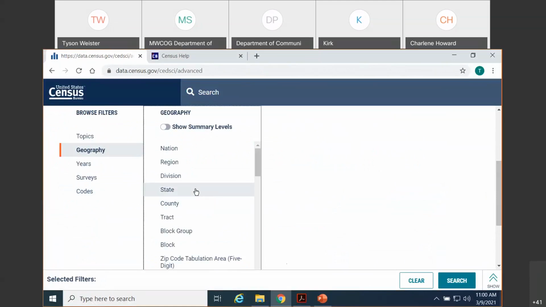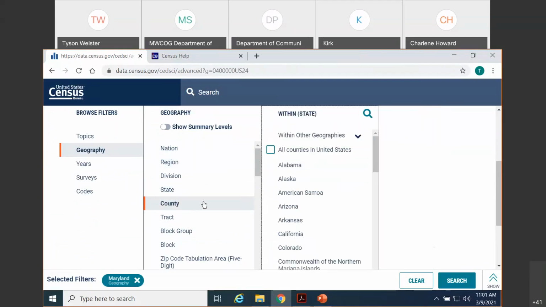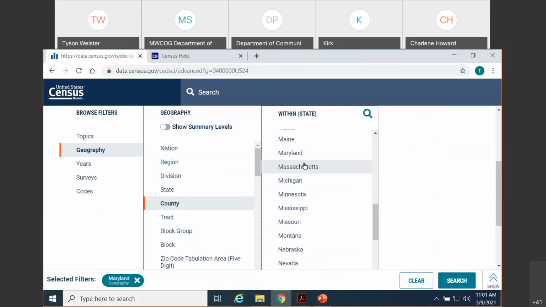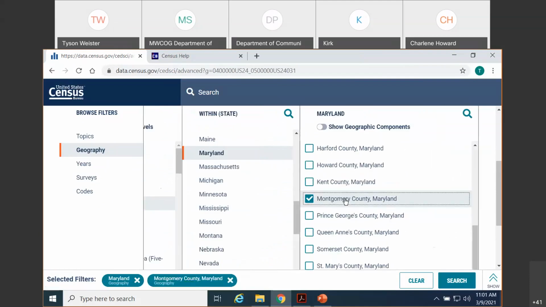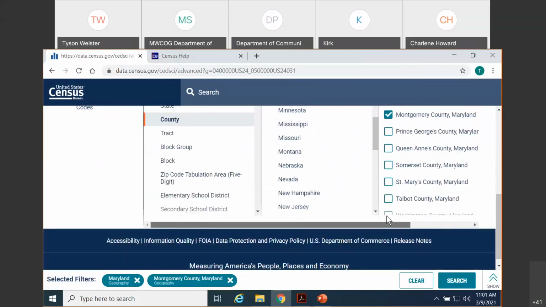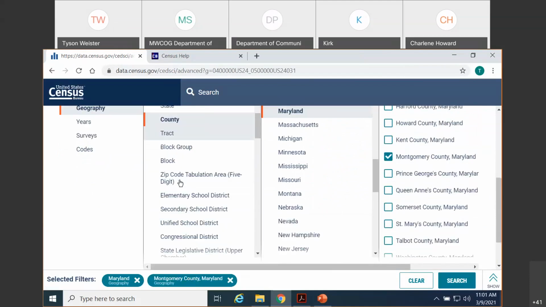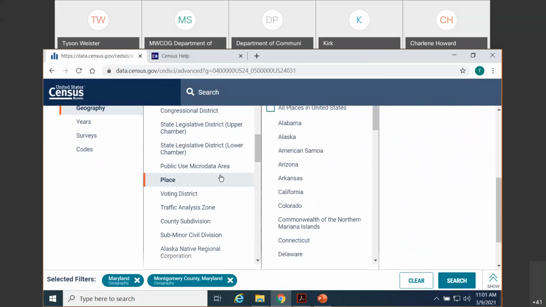So we're going to click Geography, State, Maryland. Then we'll choose County, follow the prompt for Maryland, and then to Montgomery County. And then here I just need to scroll down a little bit until I see the horizontal scroll bar to move me back to the geography area of the navigation I want to be. So I want to go from county now to place. So we scroll through, click on place,